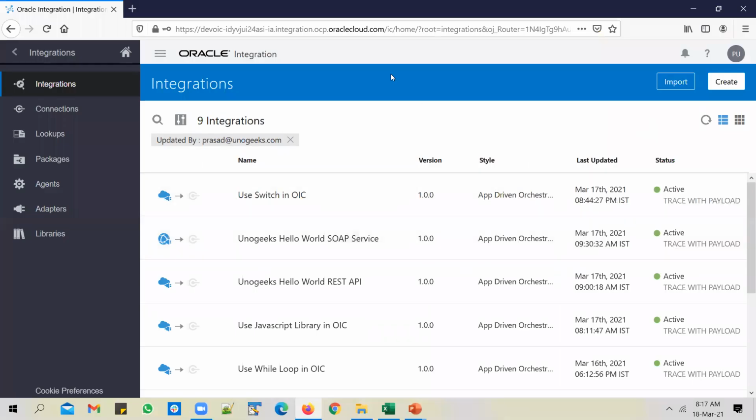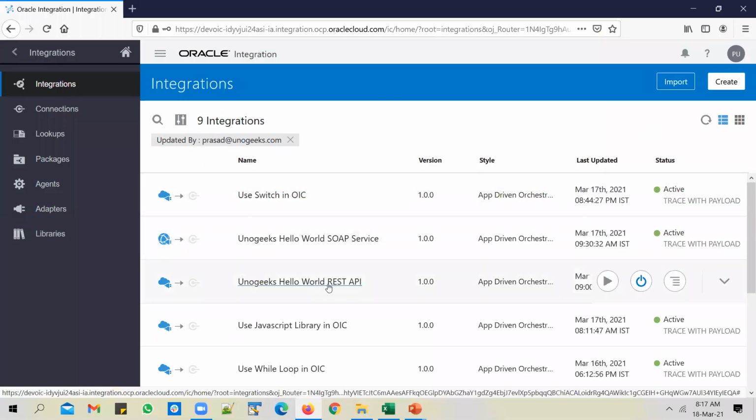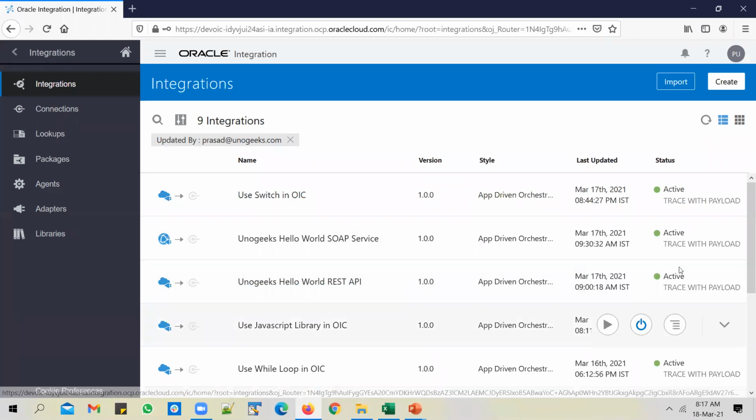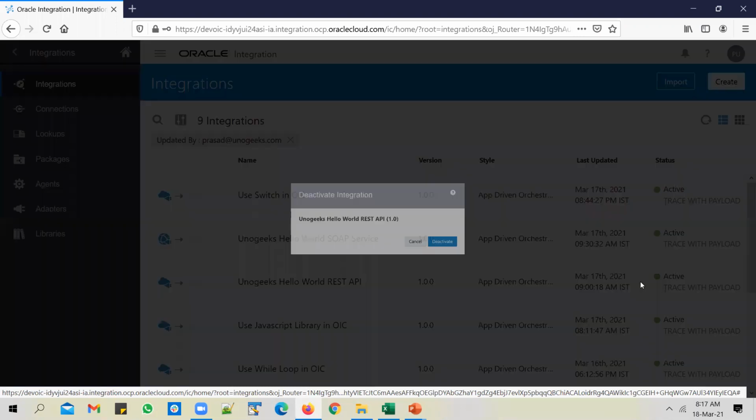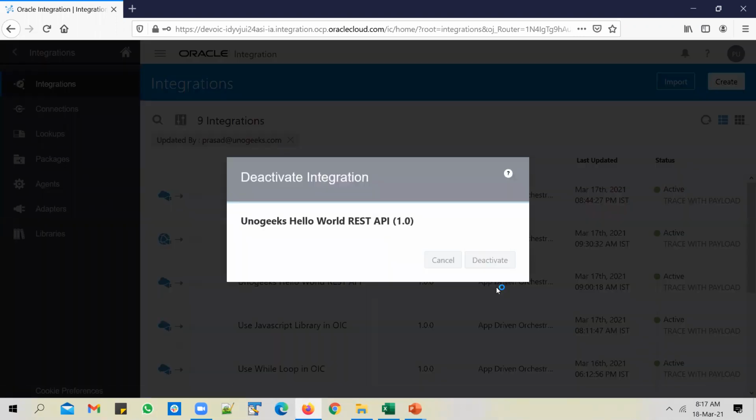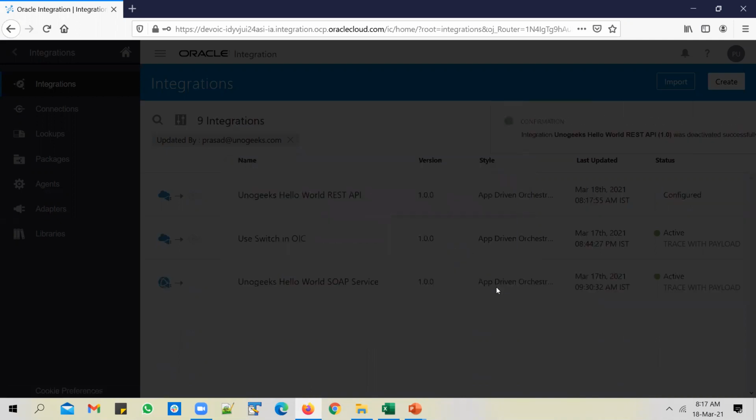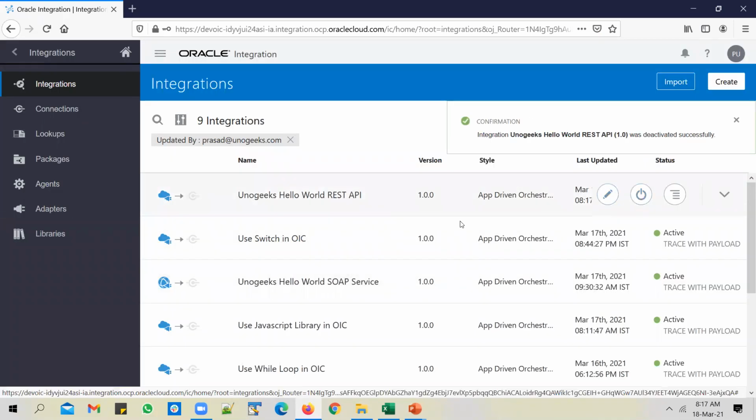Let's log into the OIC instance. And let's use the Hello World REST API that we have built in a previous session. So let me deactivate the API. Let's edit it.